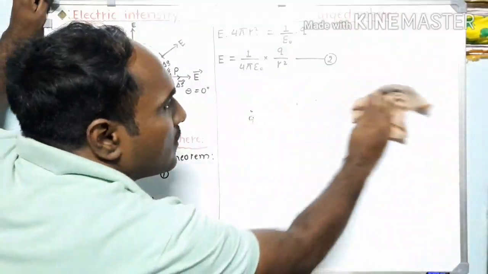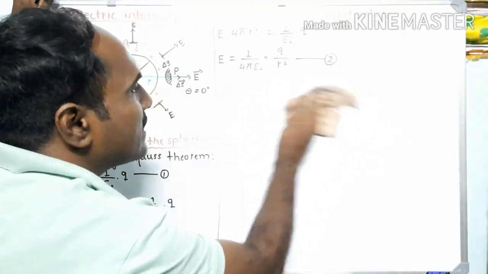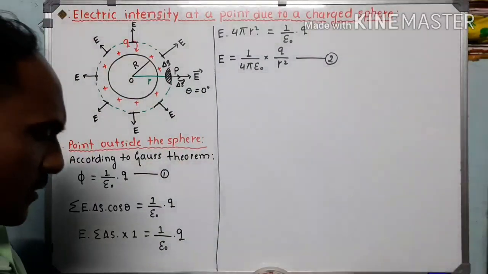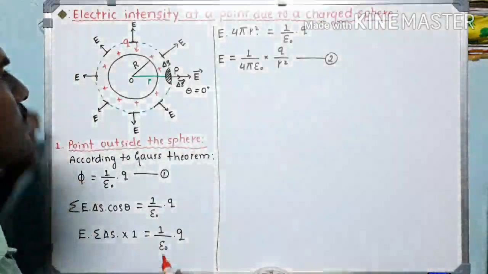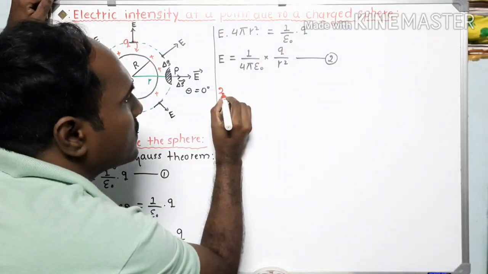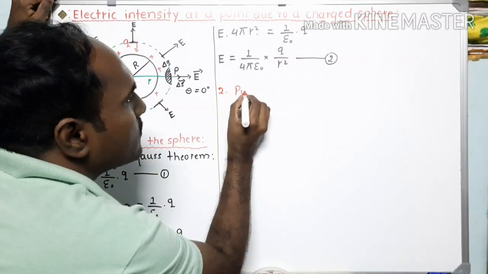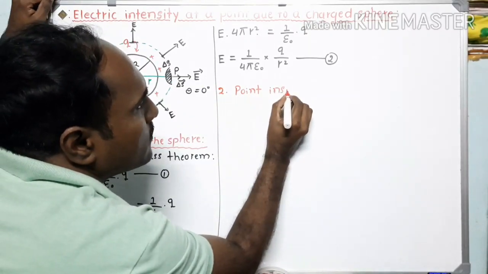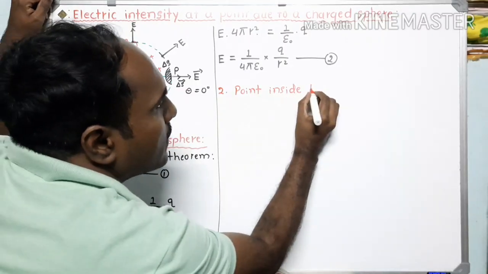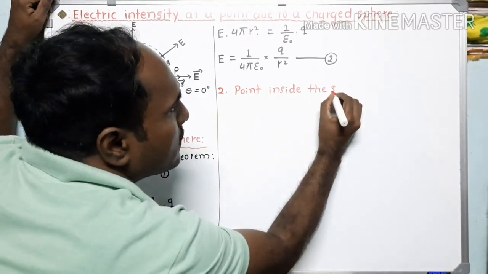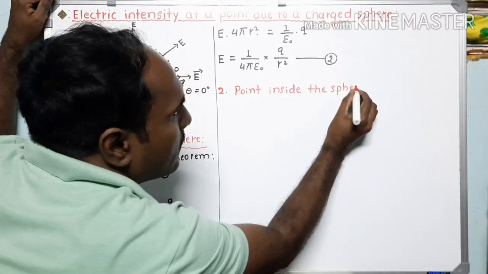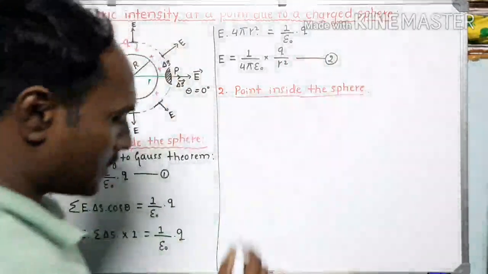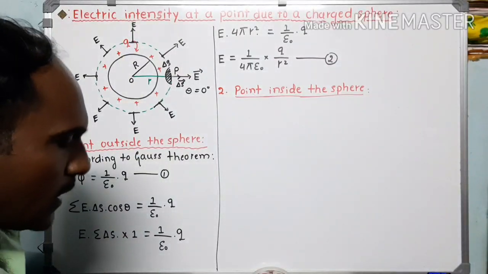Now, already we have derived electric intensity at a point outside the sphere. Now, second condition, we are going to consider the point inside the sphere. That is, point inside the sphere. Getting the idea? Point inside the sphere. So here I will consider